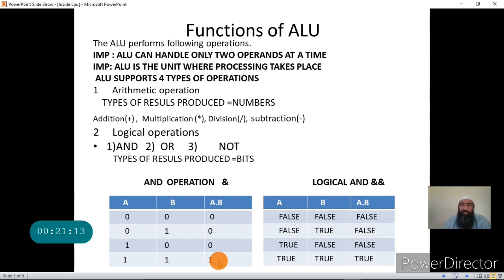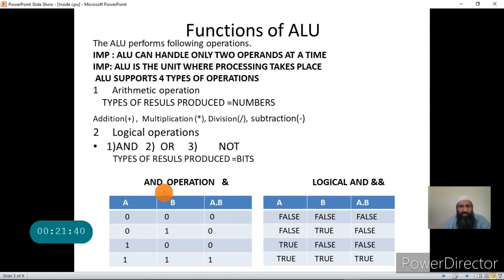Now in C, this is called bitwise AND. But we have another form of AND available in C, that is called logical AND. Logical AND is performed between logical values, that is true and false. It is the same as bitwise AND. The only difference is that bitwise AND operates on bits and logical AND operates on true and false.